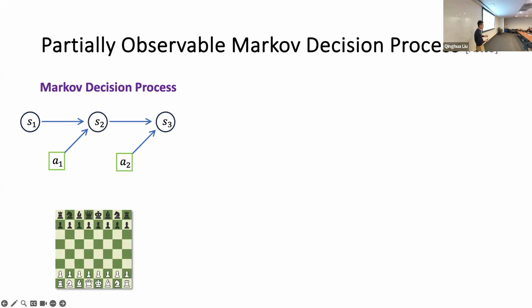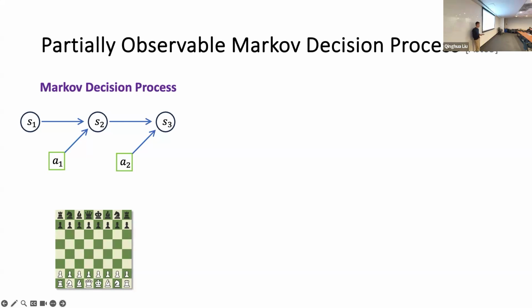To begin with, I would like to first introduce the most basic and fundamental model in partially observable reinforcement learning, the partially observable Markov decision process. In fully observable reinforcement learning, the standard model is the Markov decision process. We have an environment, and a learner that interacts with the environment by taking actions. At each time step, the learner observes the current state of the environment.